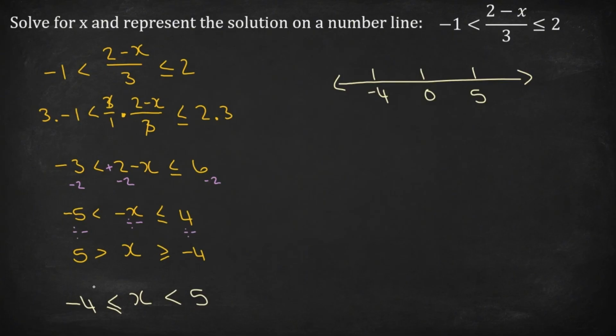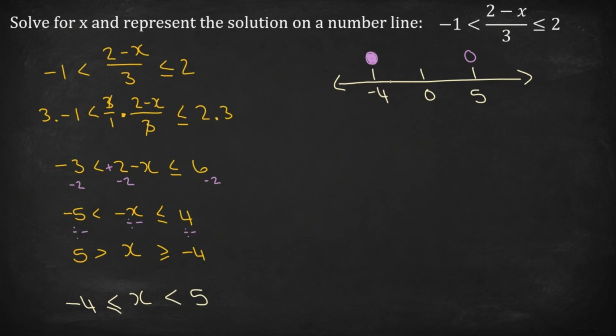So I know I'm going to draw a circle at negative 4 and we are going to draw a circle at 5. Now because this x is greater or equal to negative 4, it has that extra part to the sign. I have to add the extra part to the circle. So I'm going to color this circle. So now it's a solid circle. And here x is less than, so just a normal open circle.